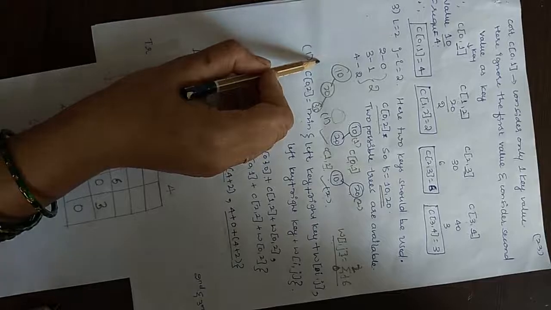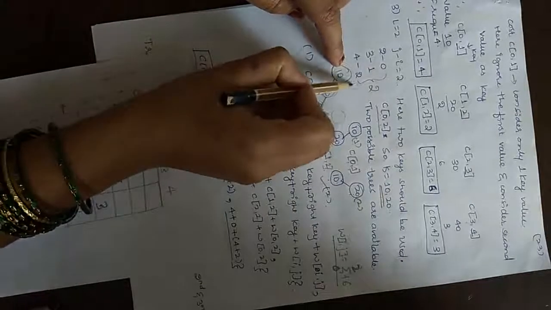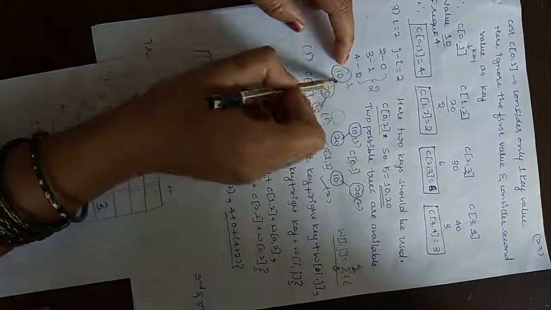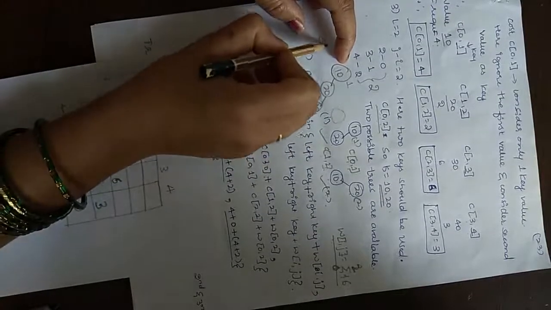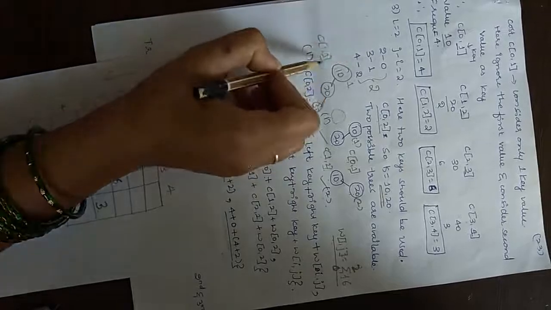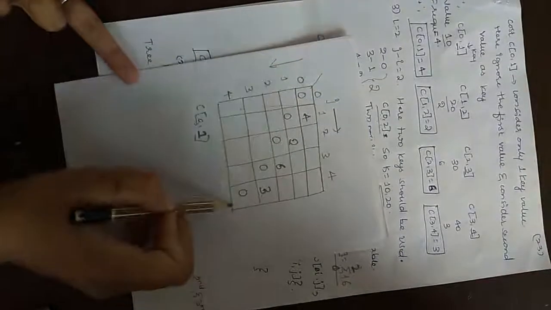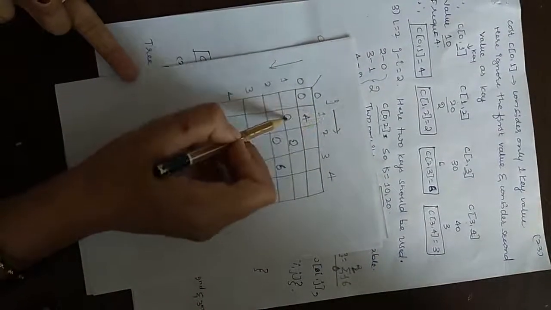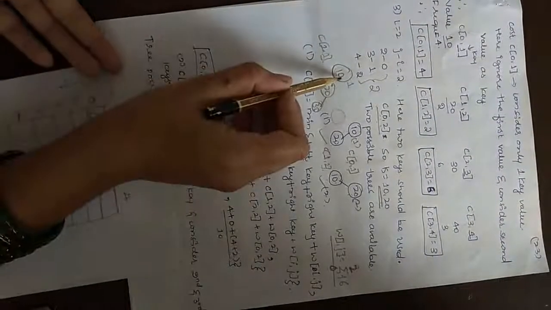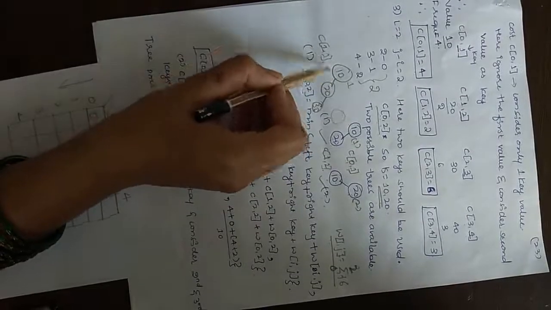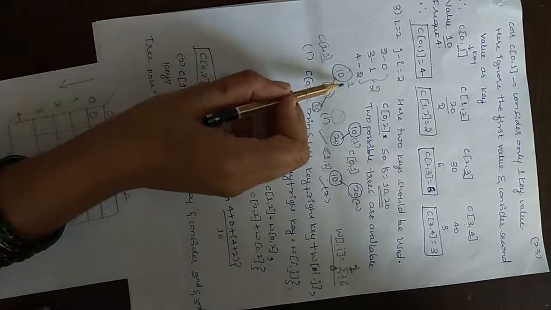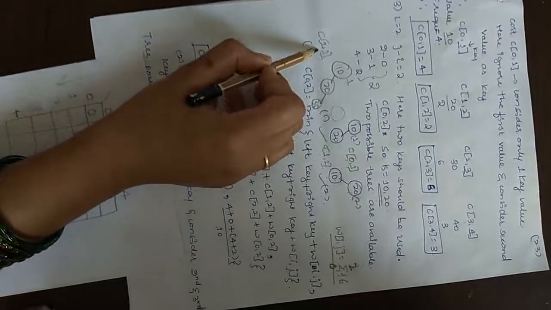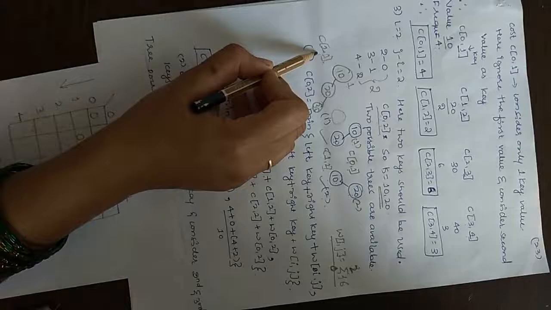Now on the right side, see, on the left side nothing is there. So what value are you having here? You are having 1, no? So you can write 1 less than that, 0, 0, or you can write 1, 1, C of 1, 1, or you can write C of 0, 0. For the same element we are having all zeros, no? C of 0, 0 is 0, 1, 1 is 0, 2, 2 is 0, 3, 3 is 0. Like that you can write here. If this is 1 here, you can write 1, 1, or you can write 0, 0. Whatever value is here, that same value or less than that value you can take on the left side.